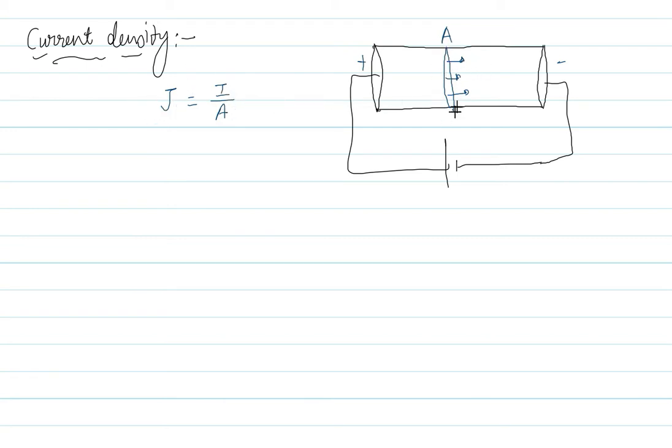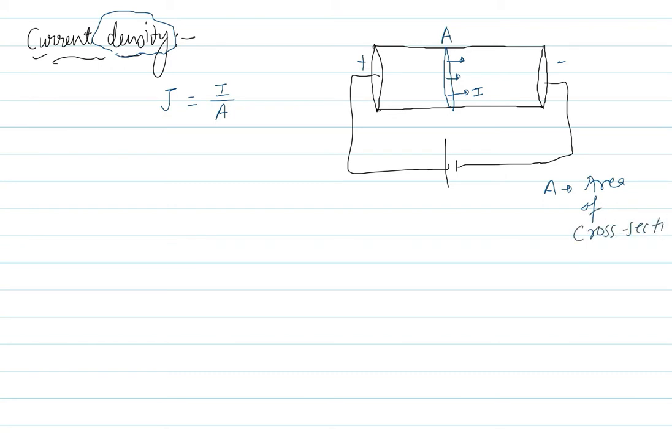So let us consider from this total area A, total current flowing is capital I. So the current density is what? I by A. So you can easily understand why we are defining it as density, because this is current per unit area, right? Let me explain it in detail. A represents what? Area of cross section, right, students?